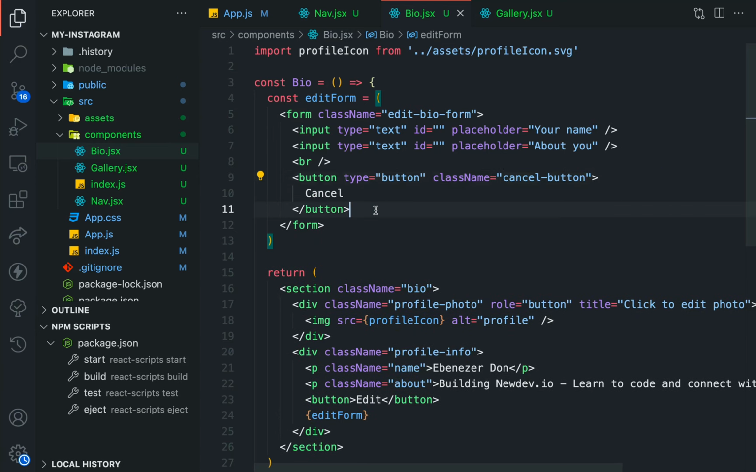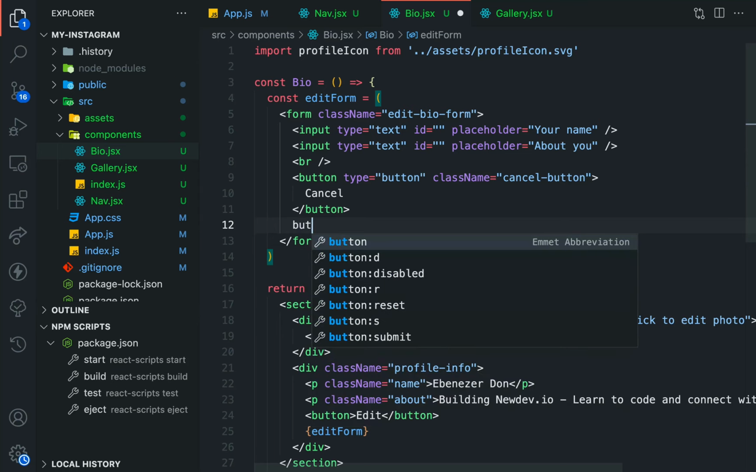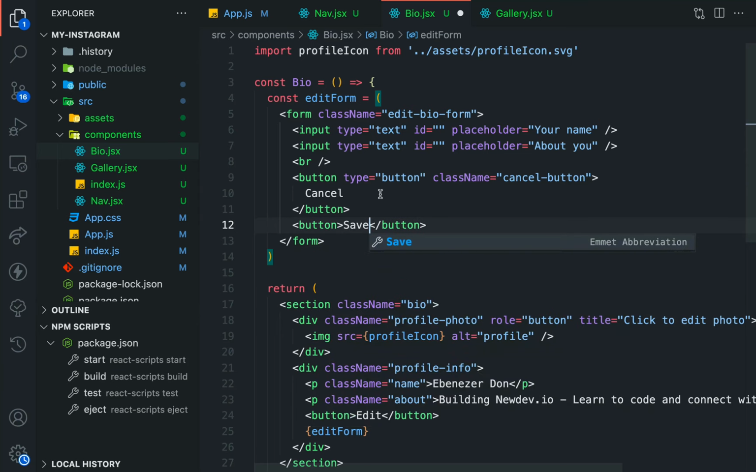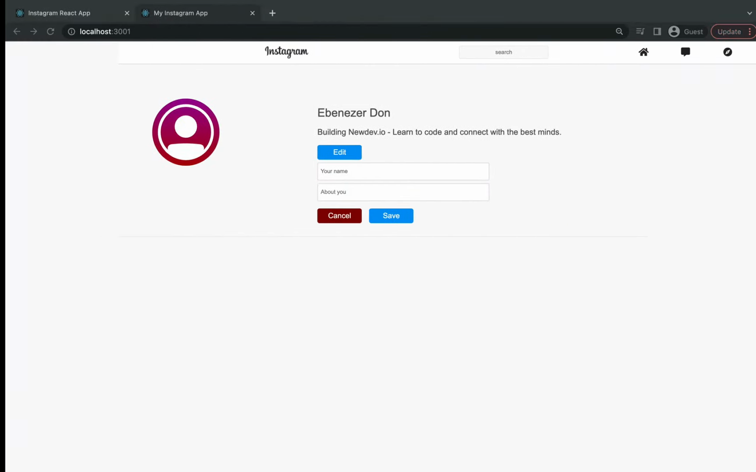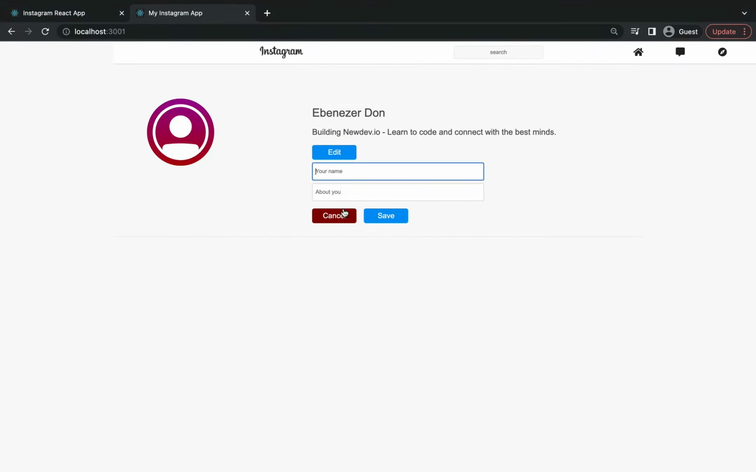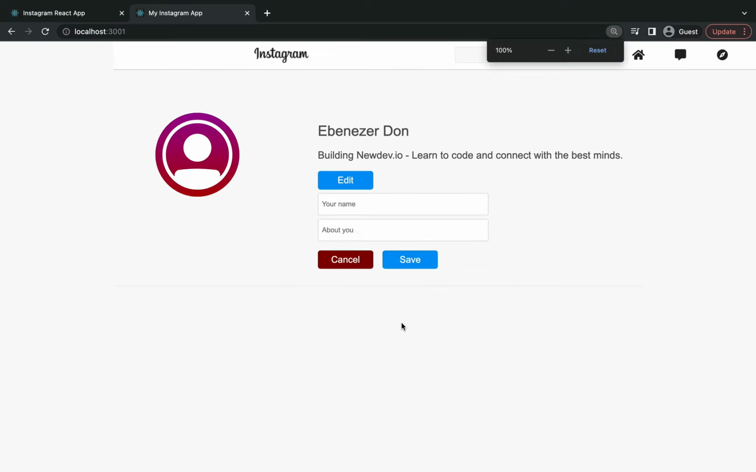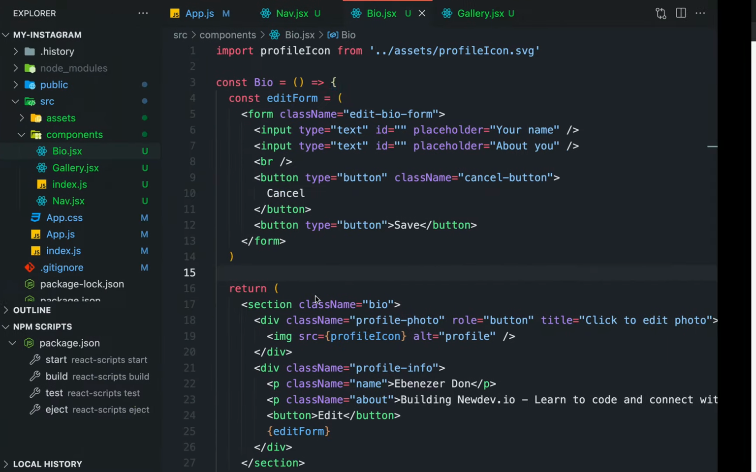We also need the save button. So button right here, and text is going to be save. Let's give it type as button also. Now back to our application, we have our form, and then we have the cancel button, we have the save button also. Another thing, when we zoom into 100%, you can see that our nav is not styled properly, and